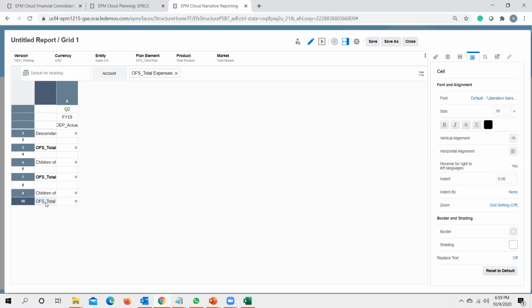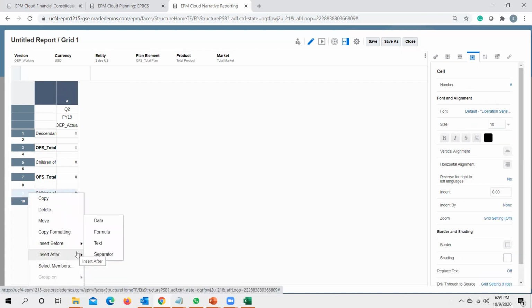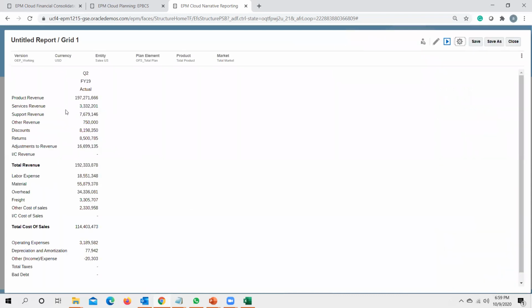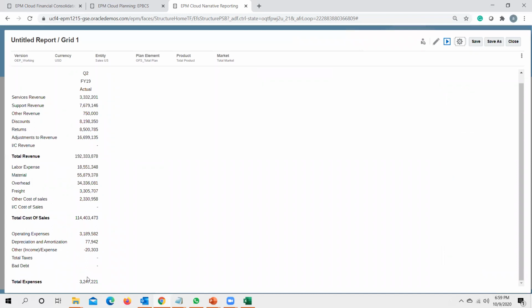Again, I want to keep this as bold, and I need a separator after this particular account. So I keep a separator in here. So we have brought in our total revenue and total expense accounts. If I click preview, we can see, yes, we have all our accounts in place.